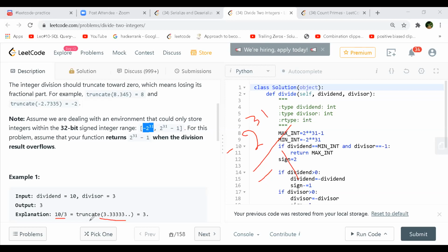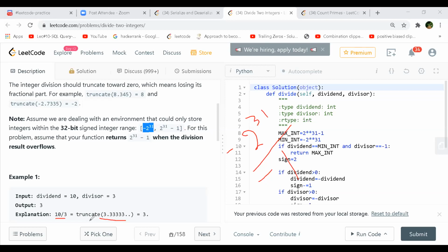So if the dividend and divisor are both positive, just make them negative. Your quotient will be negative, then convert the quotient from negative to positive and return. Whatever the sign was, you can convert both to the complement of that sign, and whenever you get a quotient, you make the complement sign of that quotient and return. So you don't have to deal with the overflow.